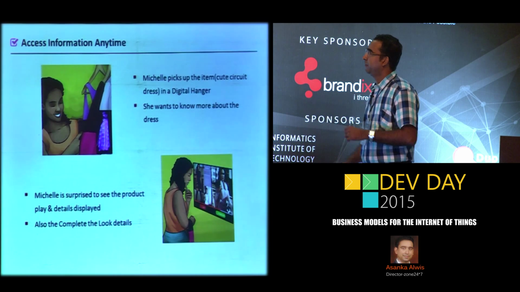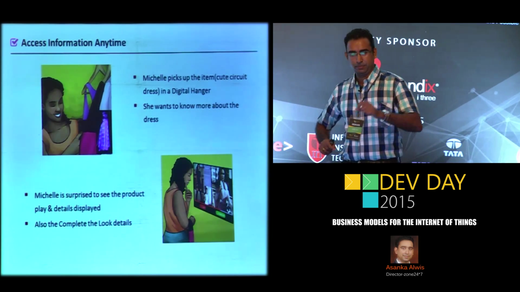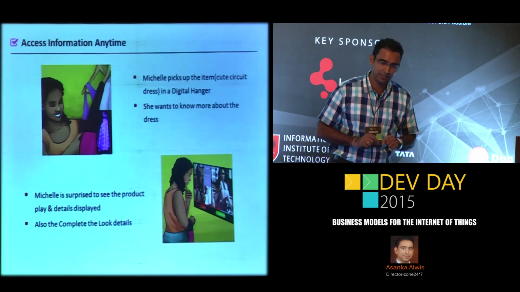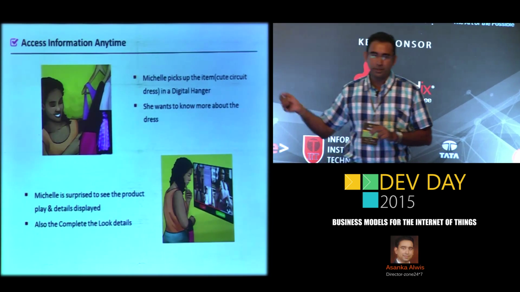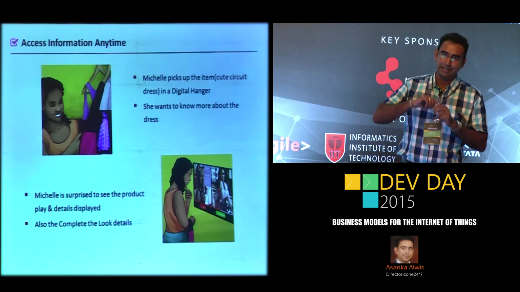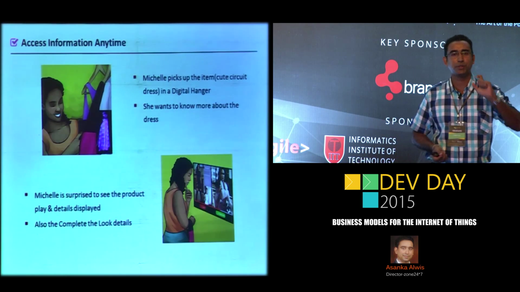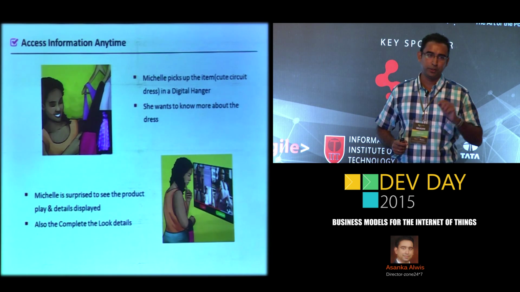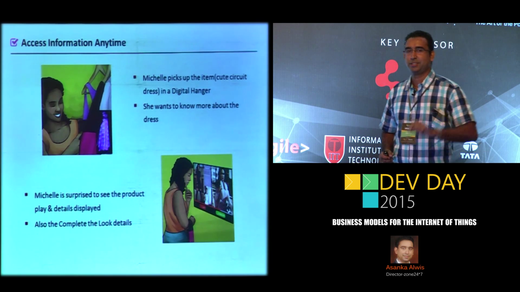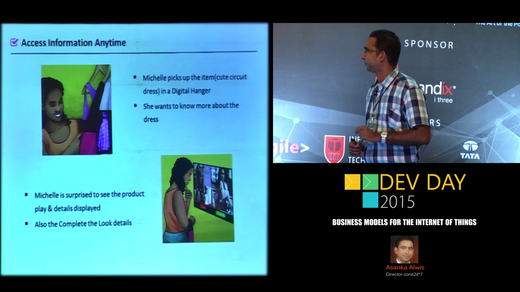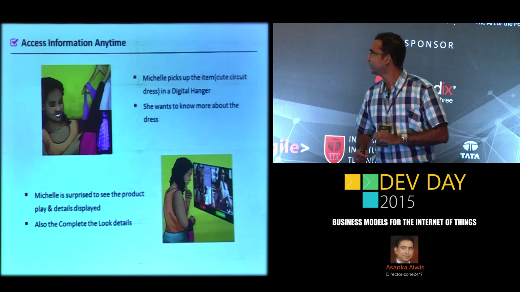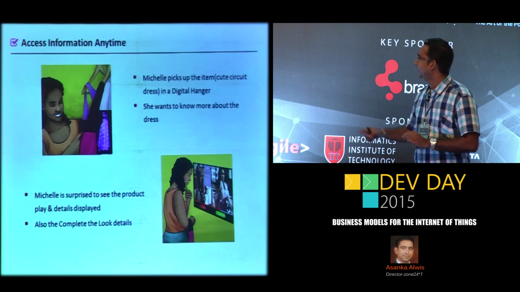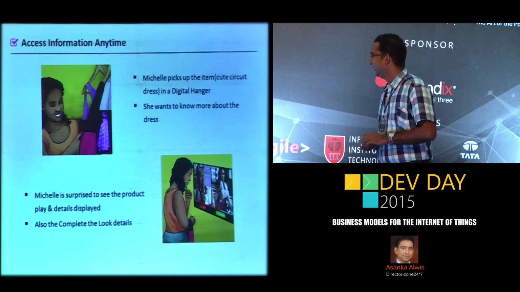Then we had designed a digital hanger. Now here, the only trick to this hanger is, the moment you lift this hanger, you can get a notification with the unique ID of the item to the backend. So we know someone is interested in this particular item. So the moment she picks up, the notification will go to the backend, and with that, we'll be displaying in